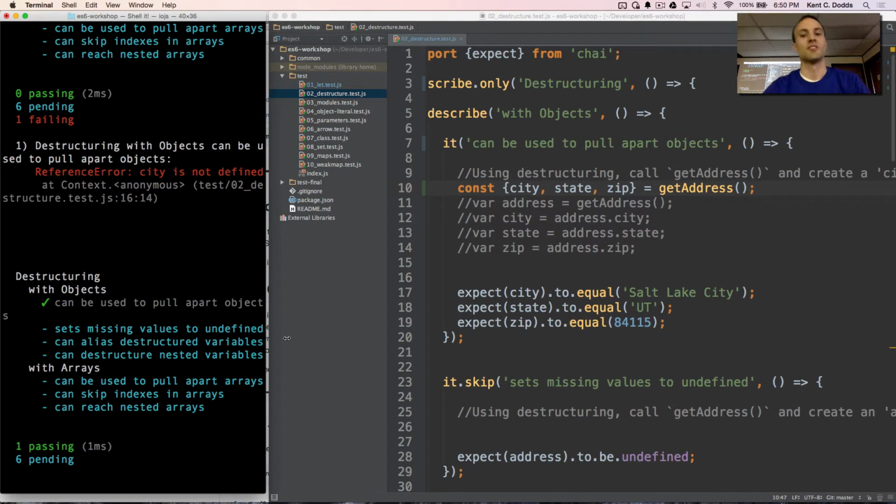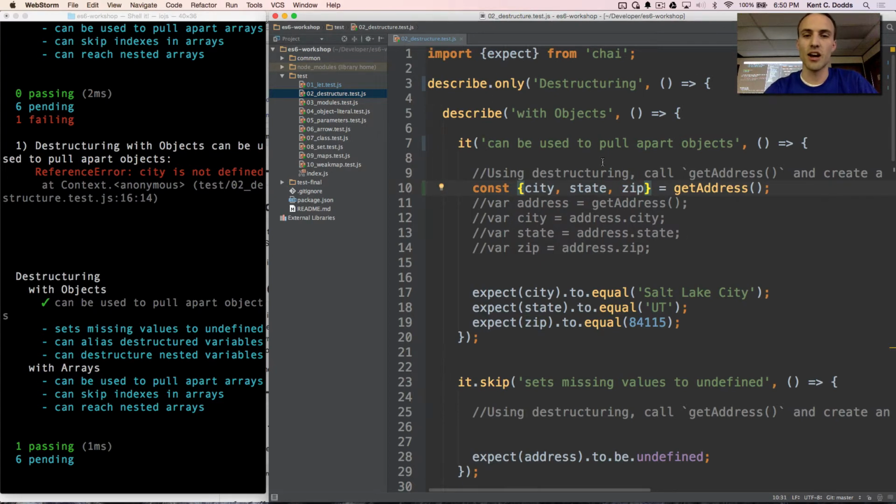To me this is way cool, and we use this a lot in our import statements. So we'll talk about modules next. Like, I only want the expect property off of the chai module, and so I'm only getting that expect property, so I can just pull out the things that I care about. This is also way cool inside of the parameters in your function, and we'll talk about that a little bit later as well. So before I go on to more tests, does anybody have questions about what's going on here, what's actually happening?